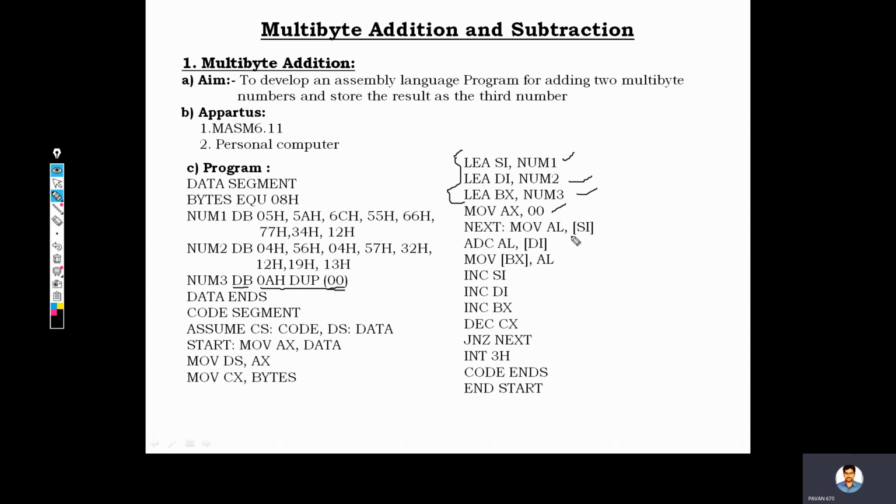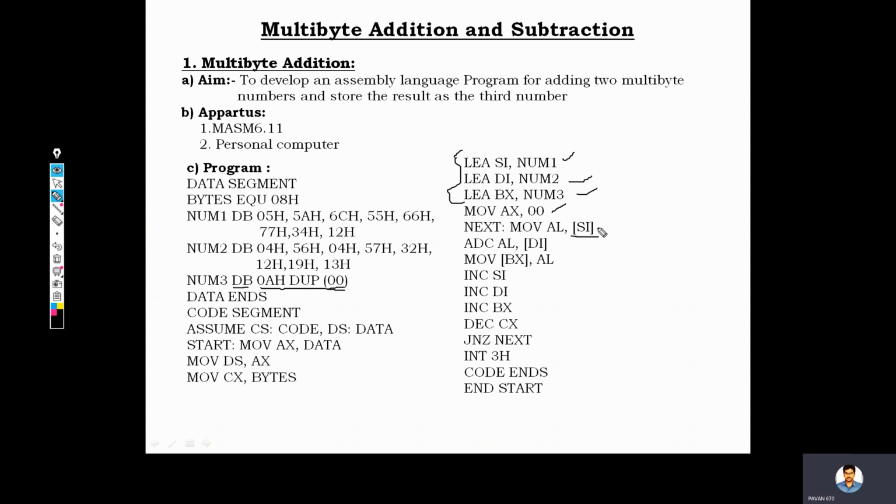So what does [SI] mean? Earlier I told you SI means source index register. In 8086, whenever a register is provided with these square braces, it means that whatever content is located inside that register is not a value, but an address value. That is how the 8086 will interpret it. If it is normally given as MOV AL, SI, then the 8086 understands that SI is containing some value, and it is getting moved into AL.